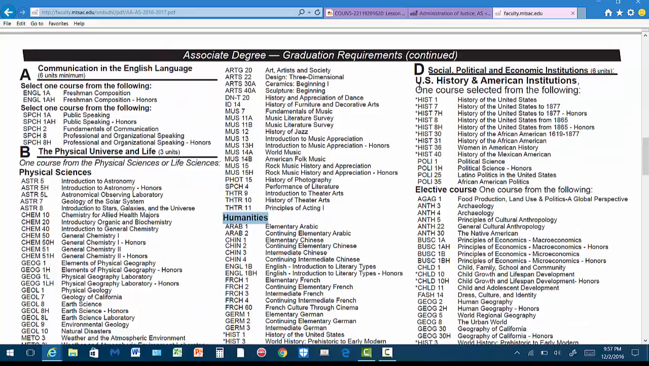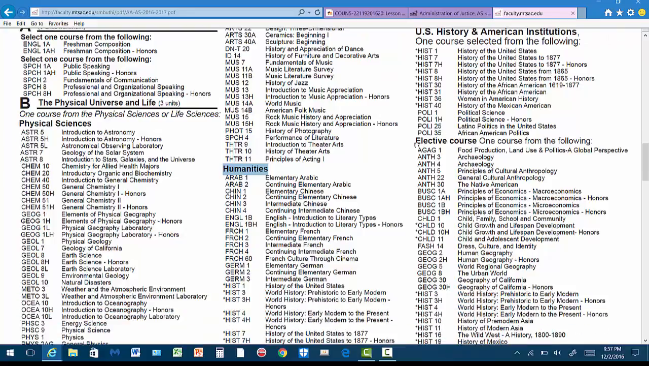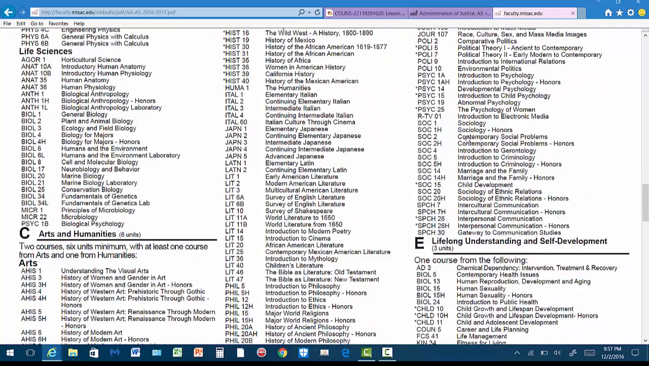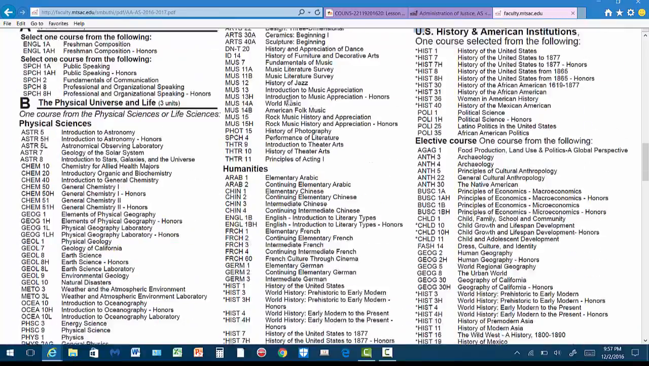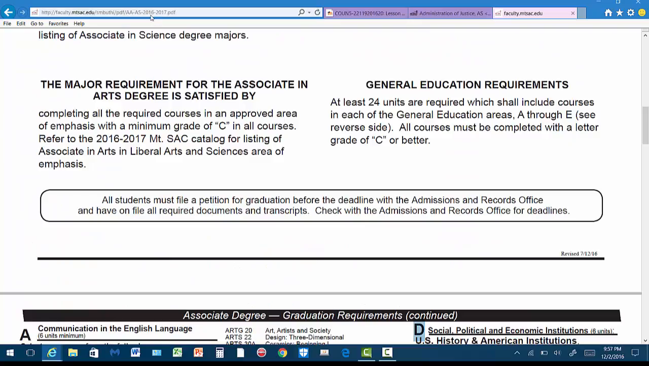The other classes, Area D, 1 class from US History category. So this class is listed here, 1 class. And then elective social sciences, we need 1 class from elective social sciences. And then Area E, according to instructions, lifelong understanding and self-development, 3 units. By taking courses as indicated on both pages of this form, one is likely to earn at least 24 units